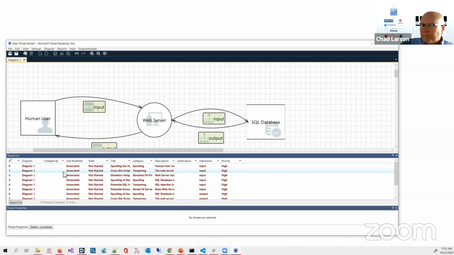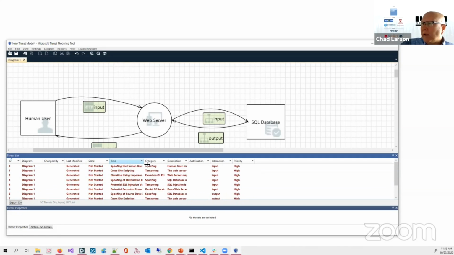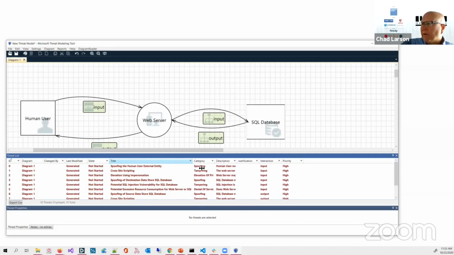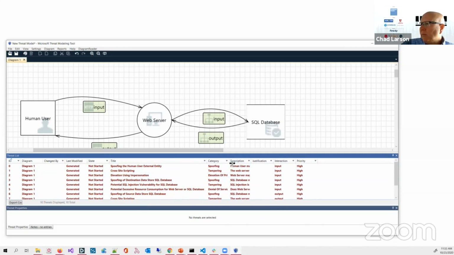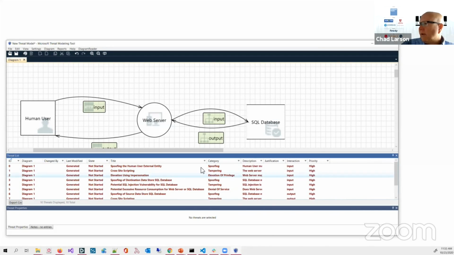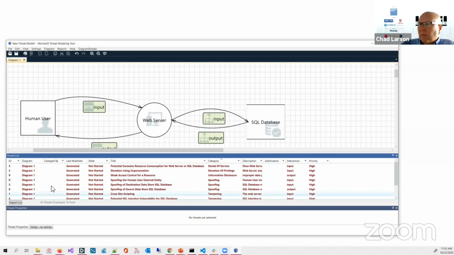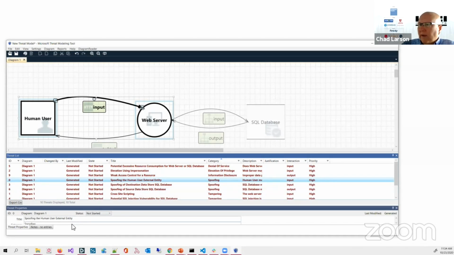So we can see that the tool comes up with some threats that it thinks we have here. So there are some possibilities. We have descriptions and categories, and we can sort and search on these guys by this, and we can see what's going on. We can also click on one of these, and then down here in this section down here, we can see